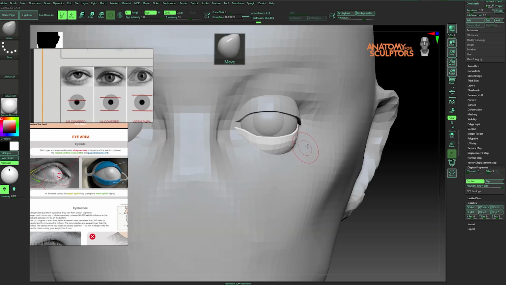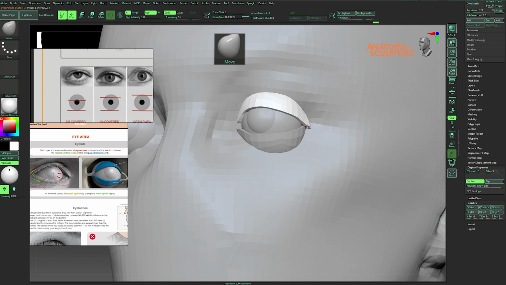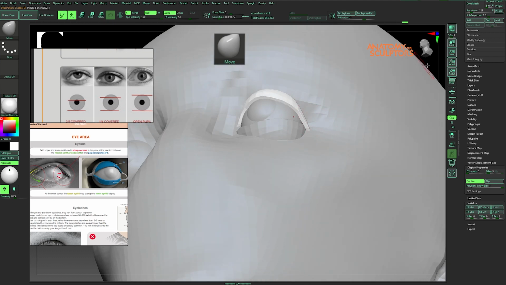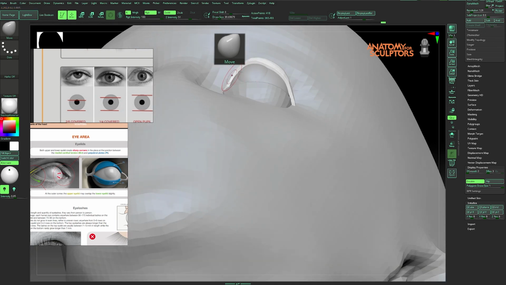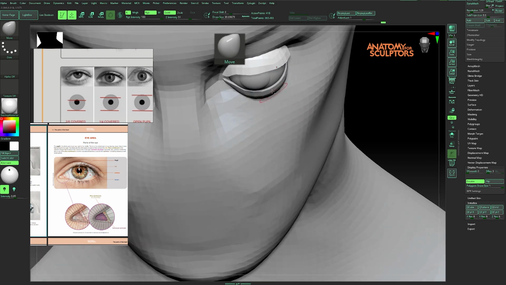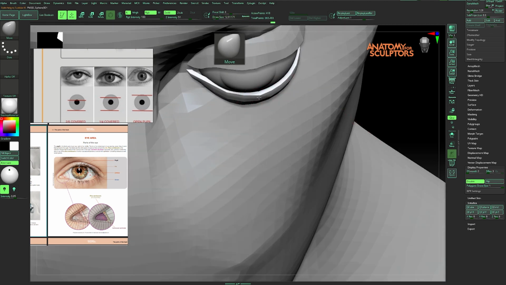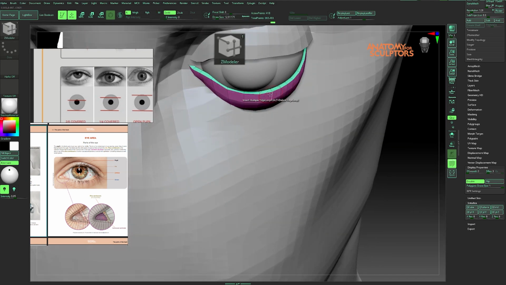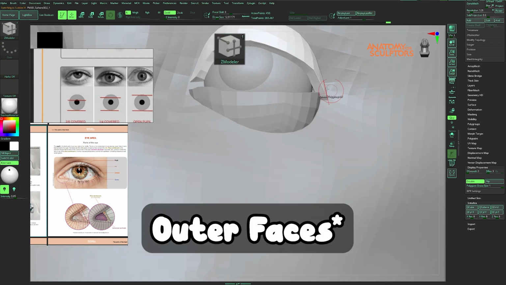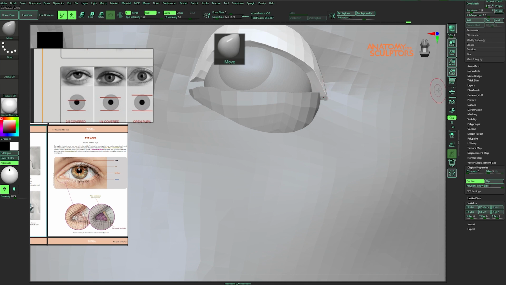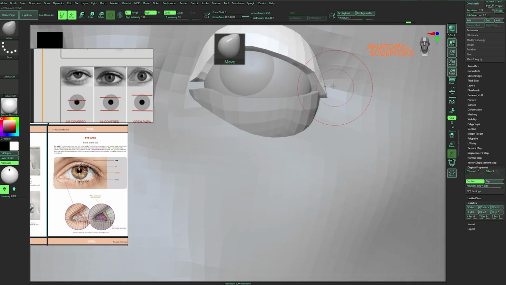At the outer corner of the eye, the lower eyelid should go under the upper eyelid. Make sure to implement this shape right now when our eyelids are two different subtools and we can manipulate them easily. This way you can bypass a common difficulty that beginners have, and they can make the correct shape in the outer corner of the eyes. Here I have increased the thickness of the eyelids by extruding the inner faces again because I felt that they were too thin.